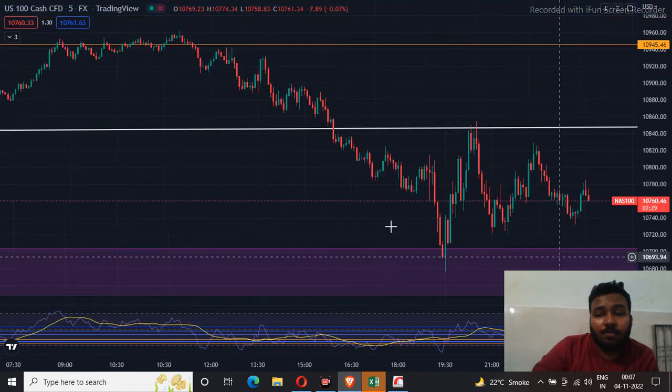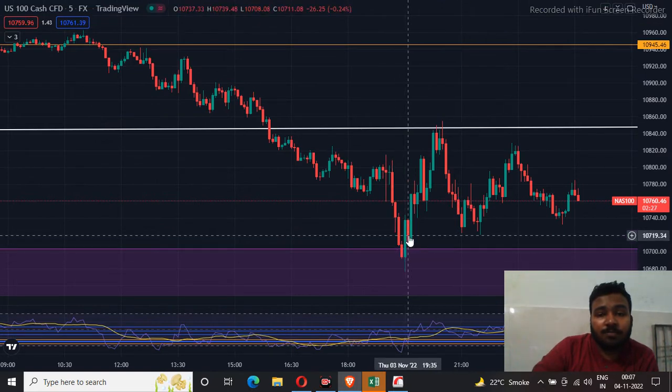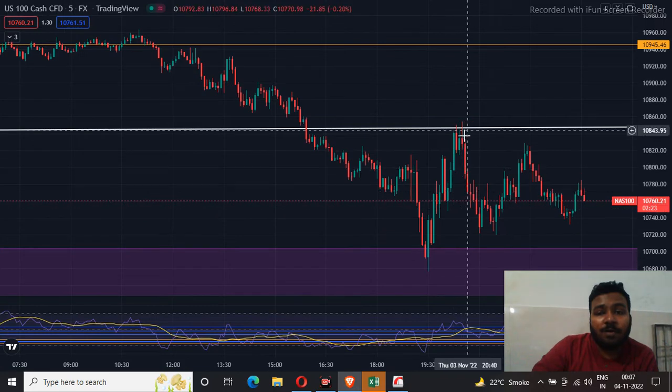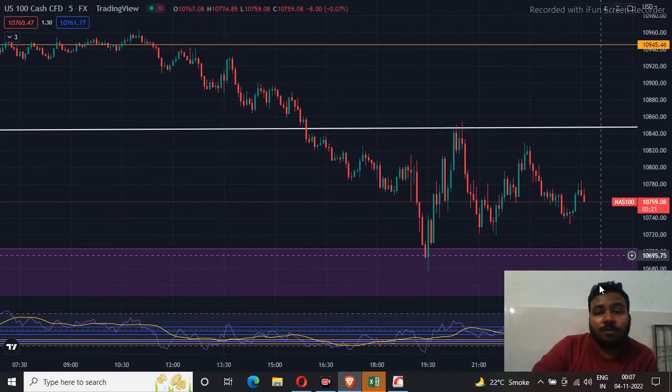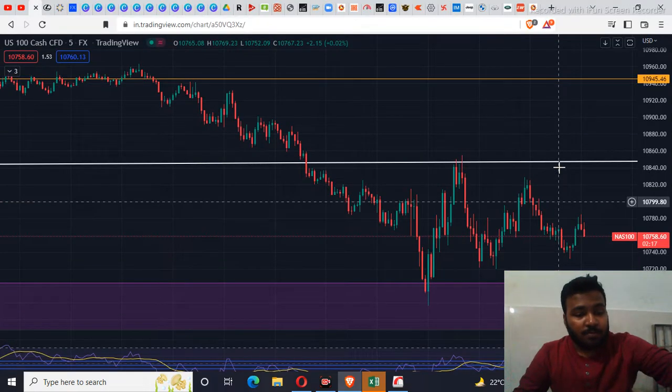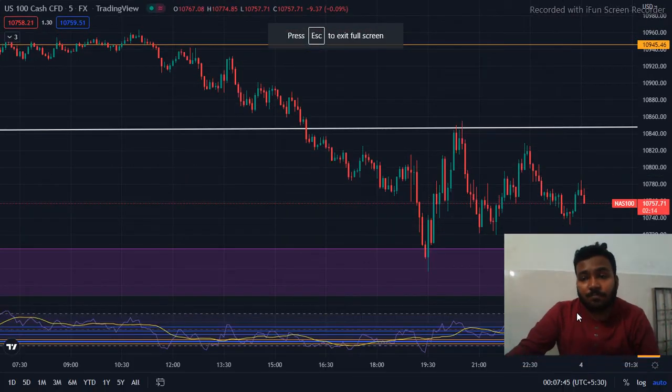All right, we booked here, and after this confirmation in this candle, we made an entry, and again we made an entry in the buy direction for going long for retest of this historical white trend line. All right,